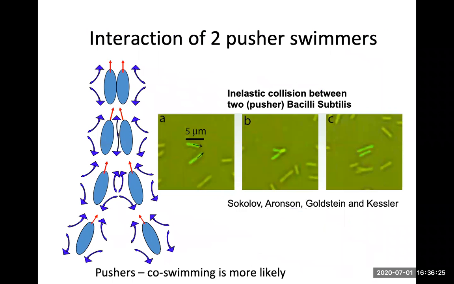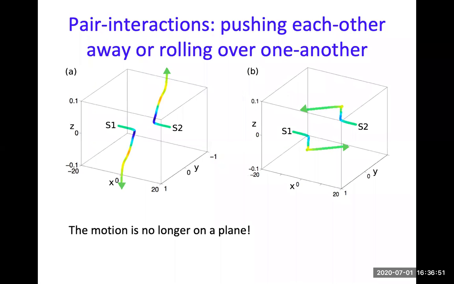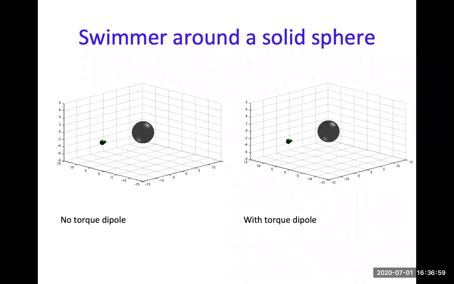Right, so most likely this is what happens in experiments. Bacteria, because they have this motion, you don't see aligning for a very long time. And also, if you have not just side to side, but also head to head, the motion is no longer in plane. And this has implications, obviously, for the pair interactions. But yet another model. So the pair interactions, you can get them to move out of plane or to roll over. The story is that the motion is no longer in plane.